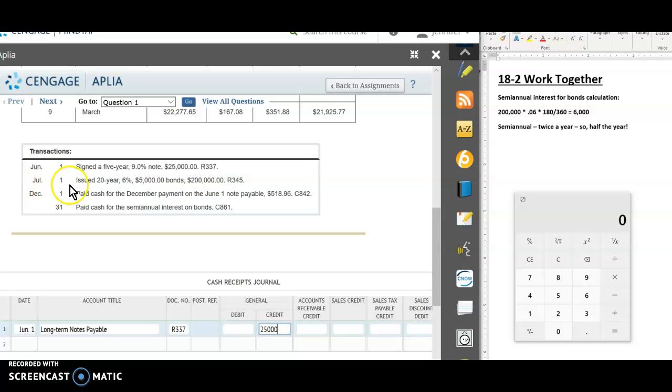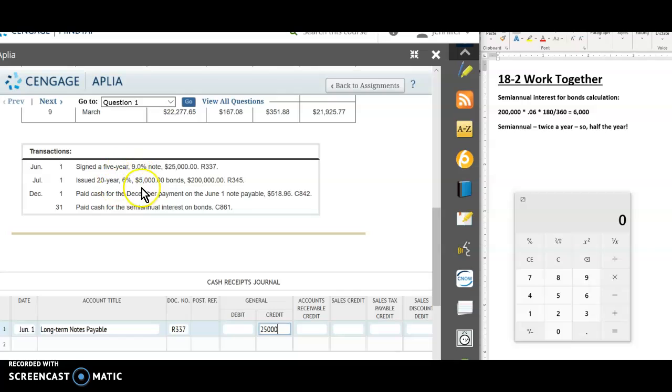July 1st. We issued 20-year 6% $5,000 bonds worth $200,000, receipt 345. So we are basically allowing people to buy bonds for our company, which gives us cash, and we pay them. It's kind of like a mini loan that we pay back over time, and it's a good investment for regular people like you and me, because since it's a bond, we're guaranteed that